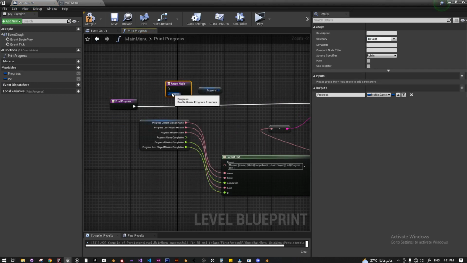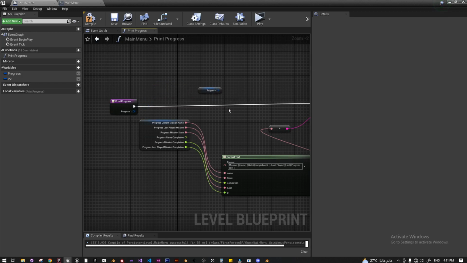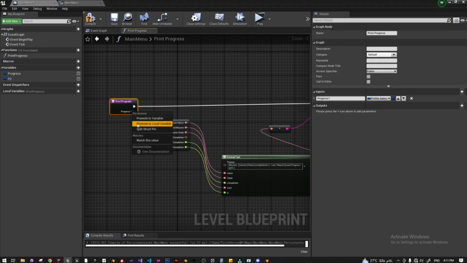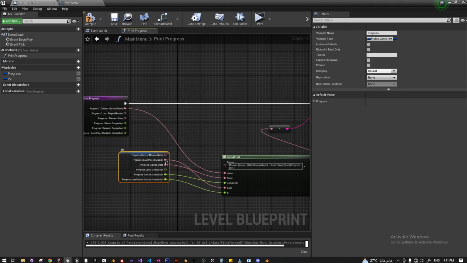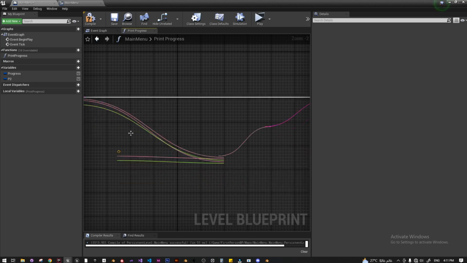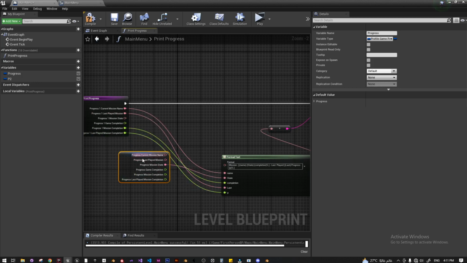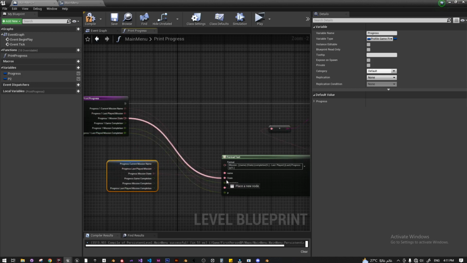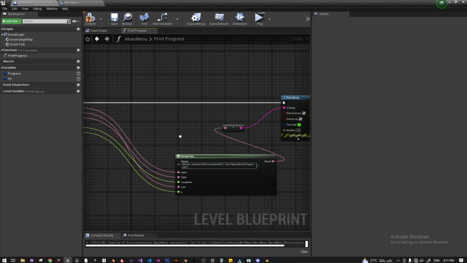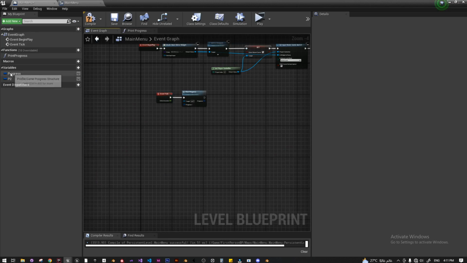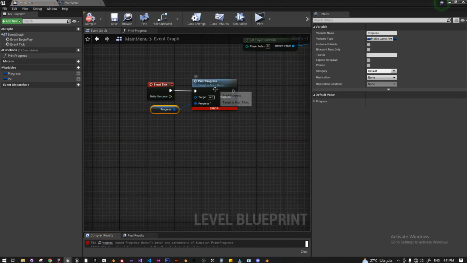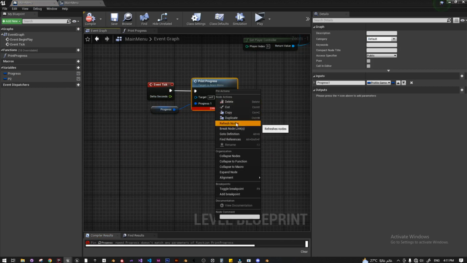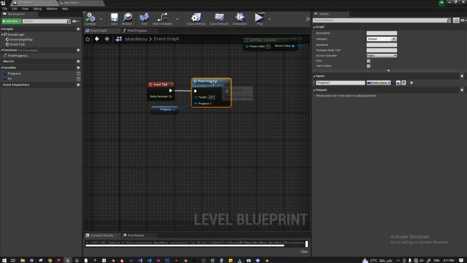Now I'm going to split the struct pin, take the name from here, take the mission from the next mission, take this from here, and the state is going to be the state, and I'm going to delete this one. I'm going to give it the progress and compile and save. I need to refresh the function and compile and save,